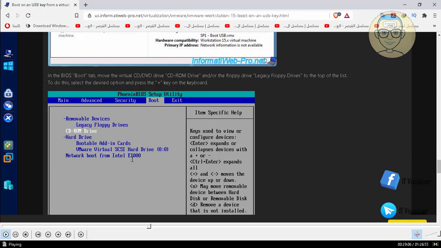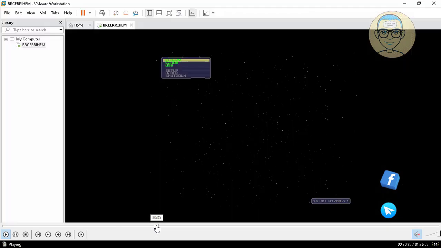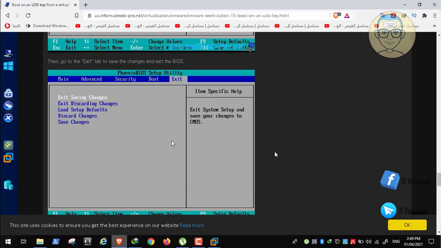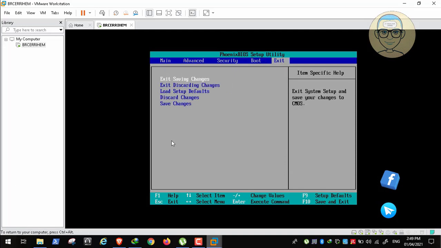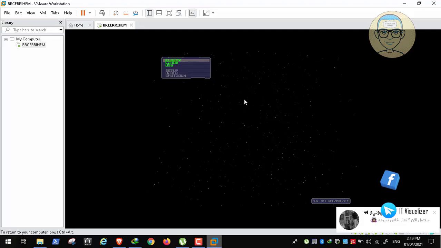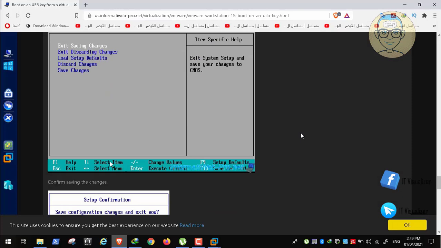Okay, so it will boot. Let me pass it real quickly here. So now it will boot from the floppy disk and the program will appear. So now we will tell it to exit saving changes, and then we will begin and we will see that it will boot from the floppy disk. Okay, here we can see that it is already booted. Here the same program booted from the floppy disk, and when I insert the USB,